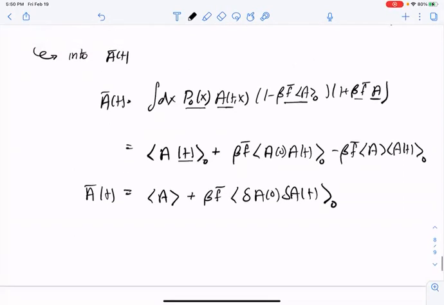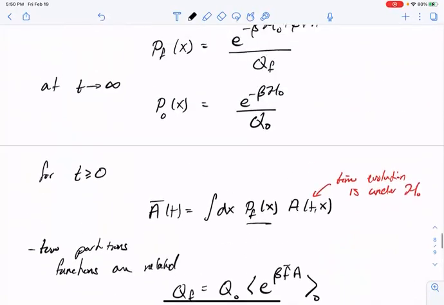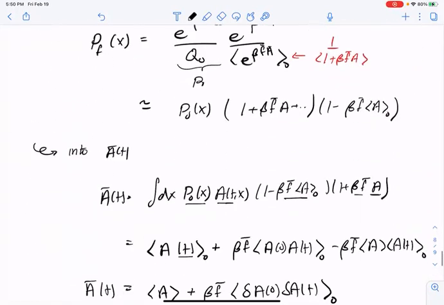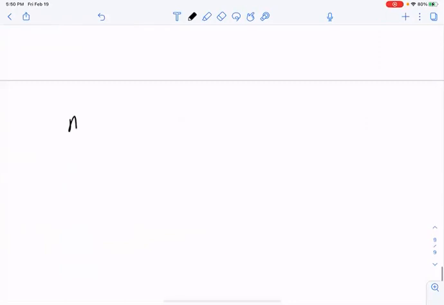Equating this with our initial functional expansion for A of t, we find that A bar of t is equal to the average of A